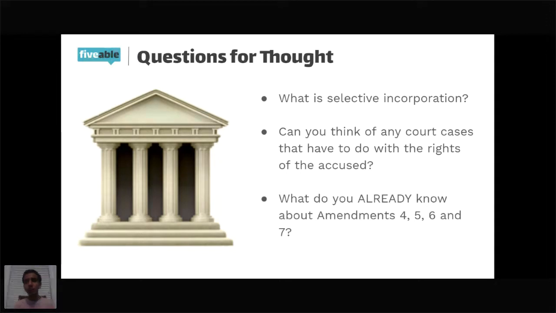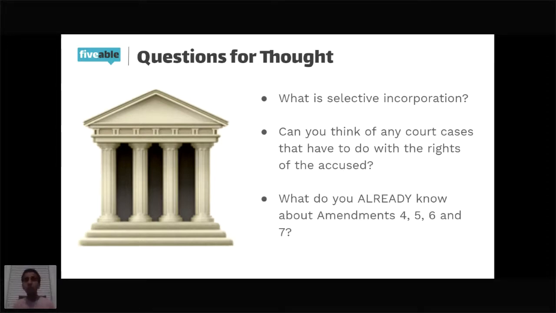before these started happening, all of the Bill of Rights were only applied to the federal government. So the right to free speech, etc., could only be enforced on the federal government, but there were no limits on the states. So piece by piece, or what's called piecemeal, these amendments have been incorporated to the states. With each case that comes up to the Supreme Court, the court can decide to incorporate a certain amendment to the states. So for example,